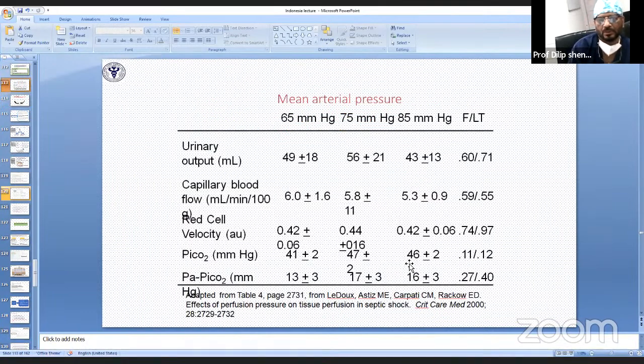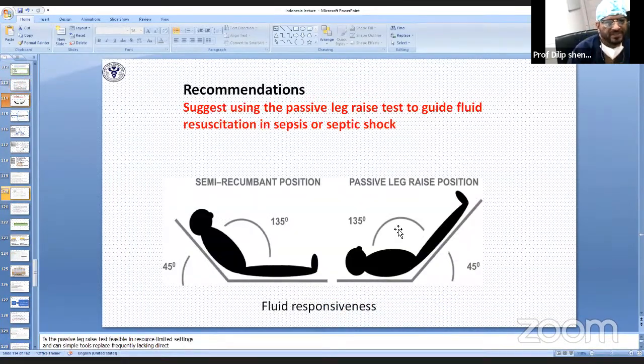So, what is a passive leg raising test? It is suggested to use the passive leg raise test to guide fluid resuscitation in sepsis or septic shock. So, how do you see fluid responsiveness? You need a bed like this. You start in a semi-recumbent position. You take this down and this up, and you see